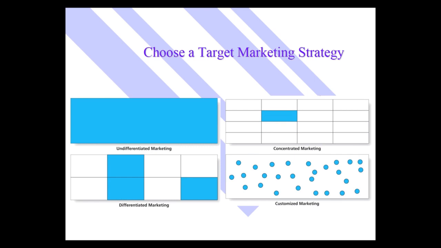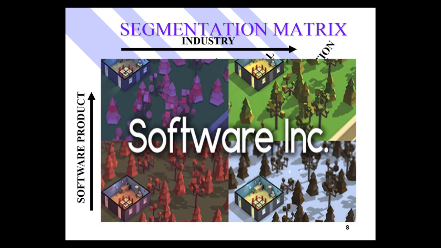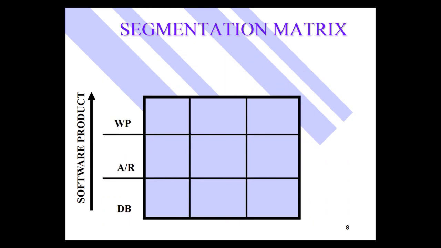Let's look at it a slightly different way. Let's say that we're a software company. So we are Software Inc. And we've got several different ways that we could segment the market. Now, we could segment by the type of product, software product, or we could segment by the type of industry, business to business customers. If we segmented based on the type of product, we could focus on word processing products,